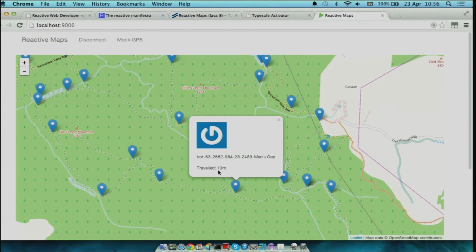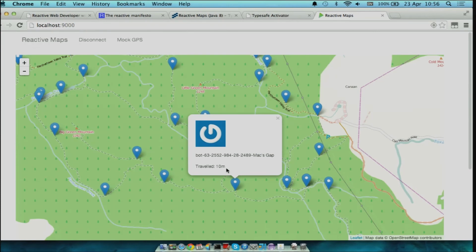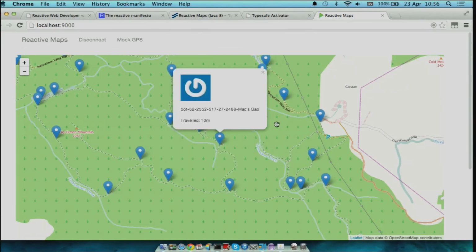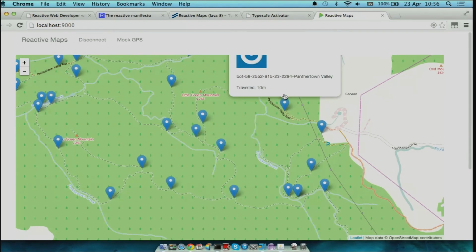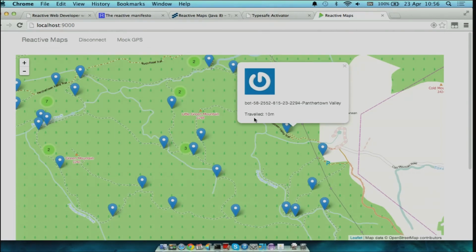You can see here that there's this status of how far the bot has travelled, and it says it's travelled 10 metres. In fact, if you look at them all, they've all travelled 10 metres, and that's because I've hard-coded a result of 10 metres in the back end. So we want to get rid of this hard coding and actually implement this feature properly.